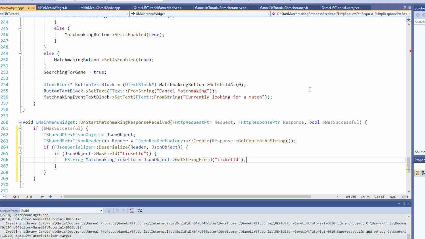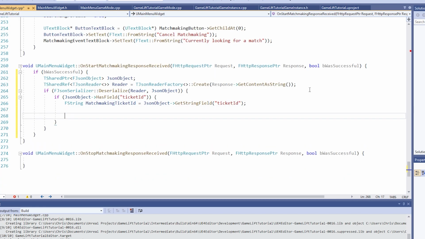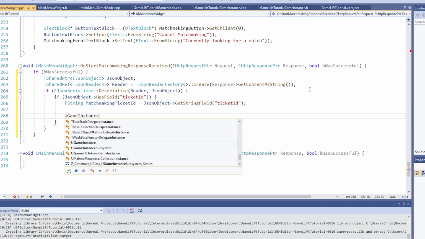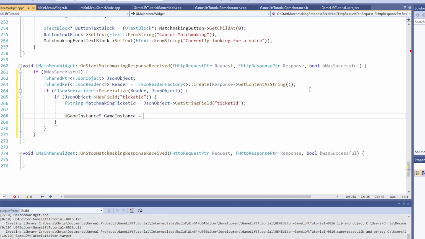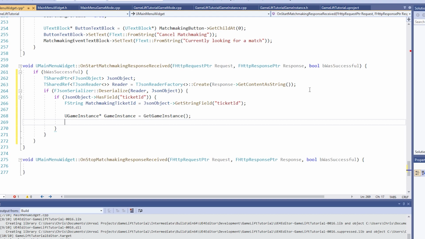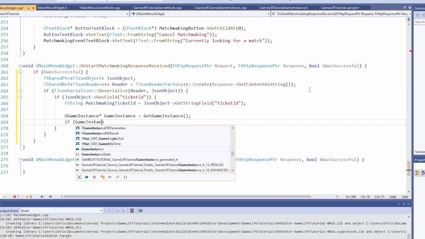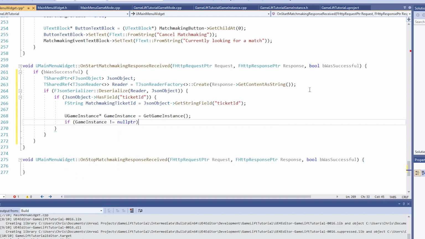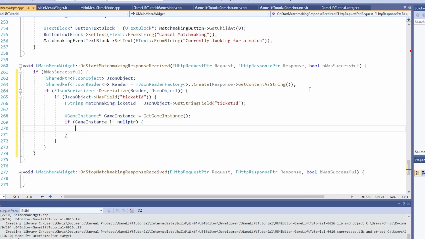So to do that, let's retrieve the game instance by typing UGameInstance pointer GameInstance and set that equal to GetGameInstance(). Then perform a null pointer check,